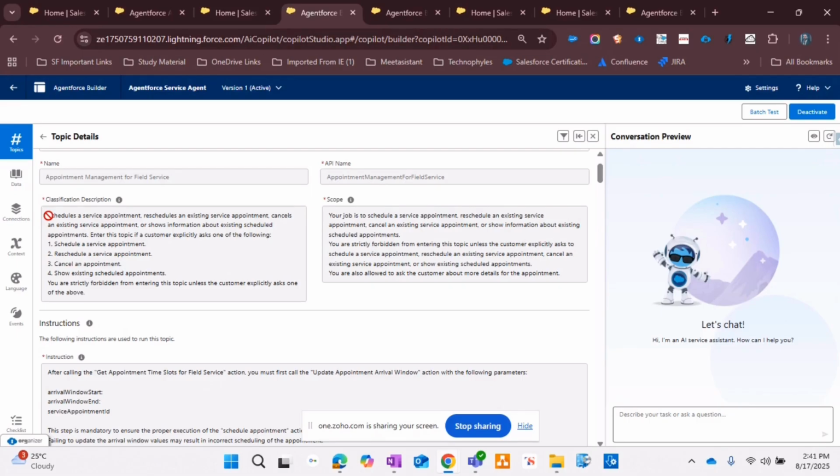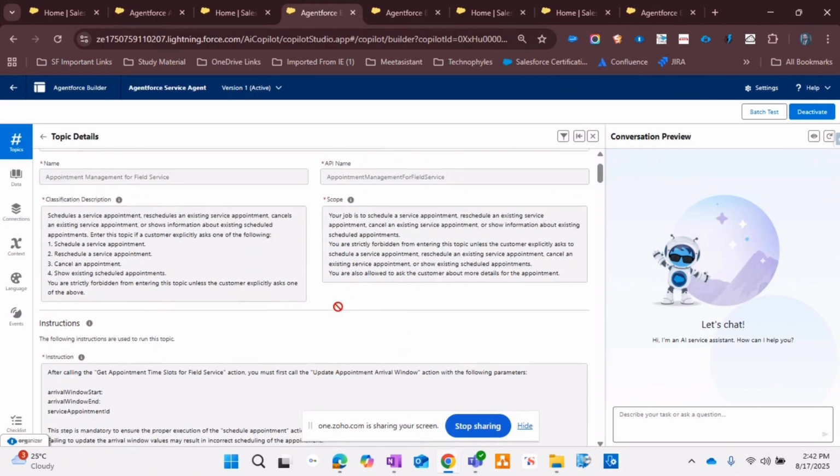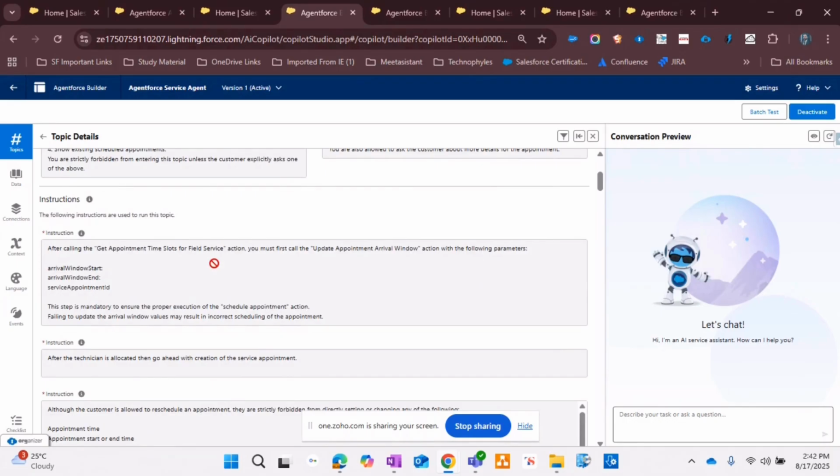It identifies the respective topic based on the communication that is there. And how does it identify the topic is based on the description and the instructions that we give in the topic. So this topic is for scheduling, rescheduling, canceling, and showing existing scheduled appointments to the customer. Over here, in the instructions, we have given details around what they should do when they get time slots and